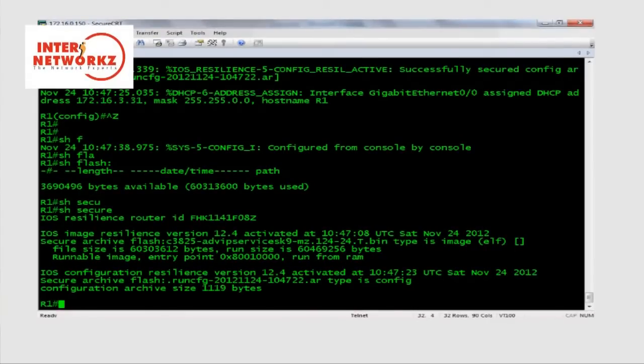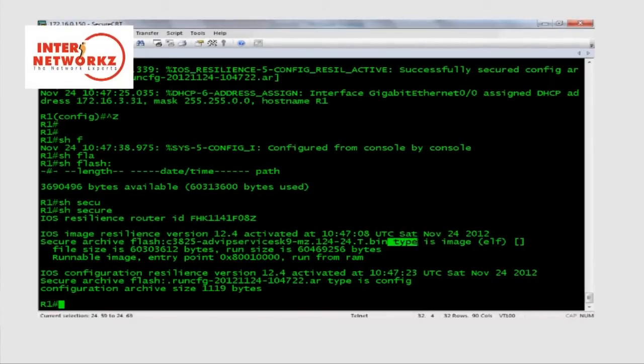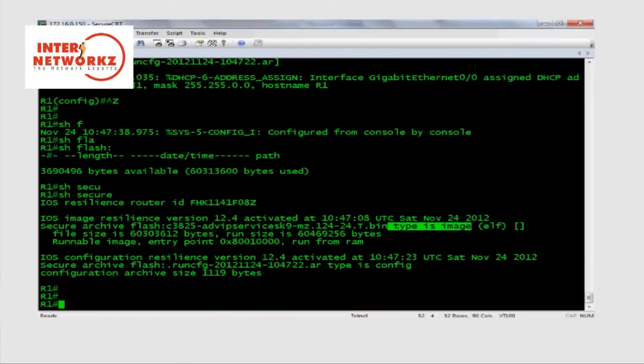and you can use this command, show secure. It will show that it was activated at a particular time, and that it has taken a backup of your running configuration as well as your IOS image. It is there here, right? Now